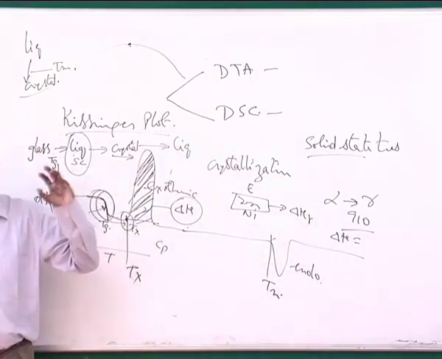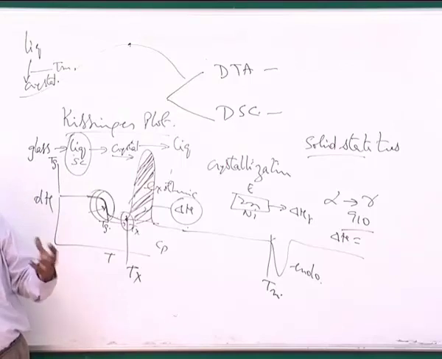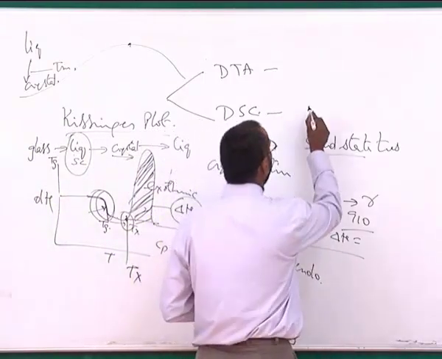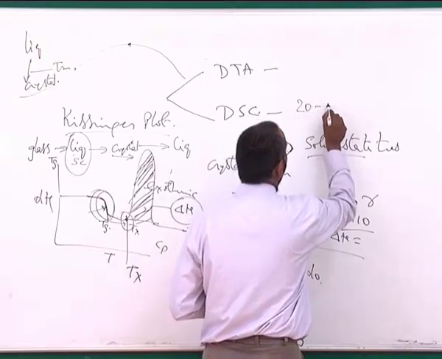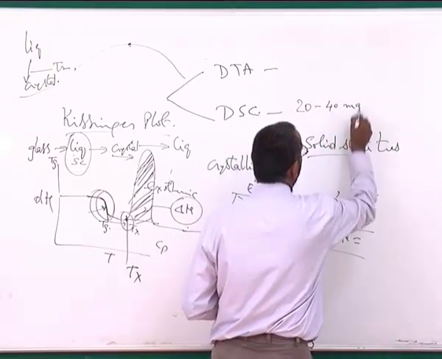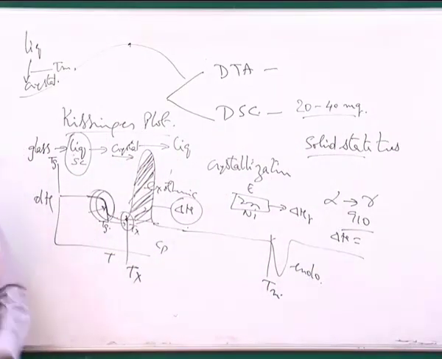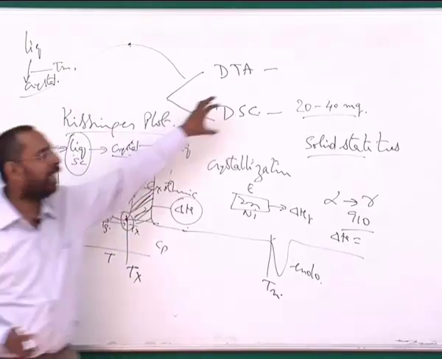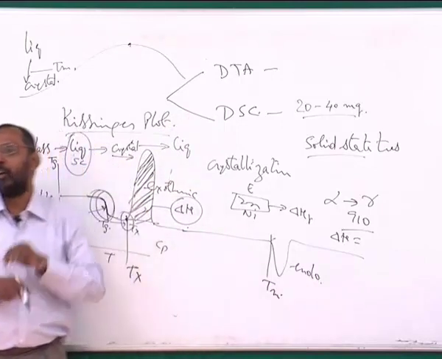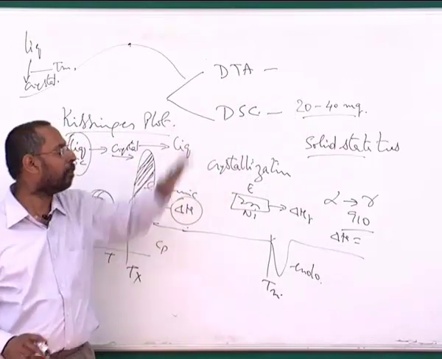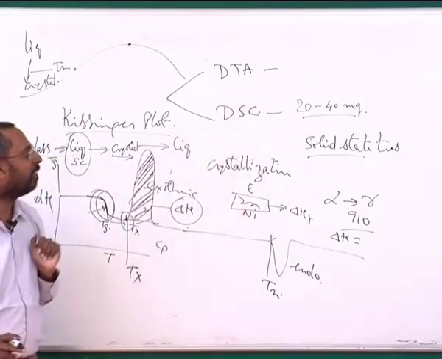So if I take a particular material of a fixed weight, one important point I need to mention is that in DSC, the weight of the sample we usually use is around 20 to 40 milligrams. So we don't use very large quantities here. That's one of the limitations of DSC. Like in TEM, I'm seeing a small region and thinking that it is representing the whole sample. Again here also I'm picking up a small piece out of the whole alloy, and that piece being so small, I'm thinking that it represents the whole sample. That problem still exists with the DSC.